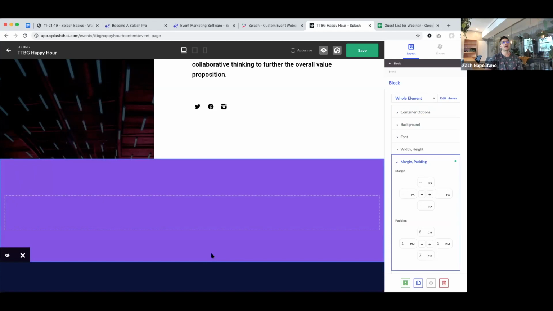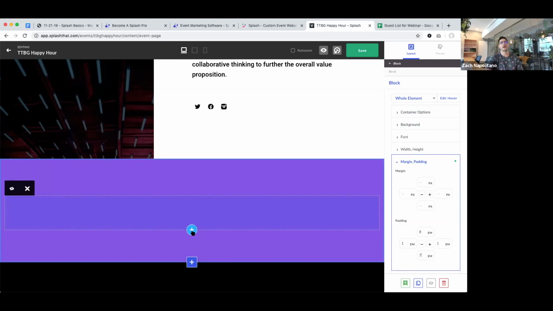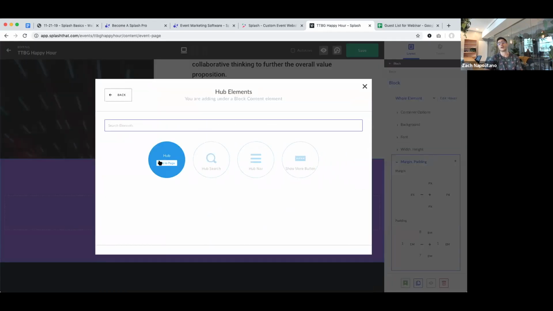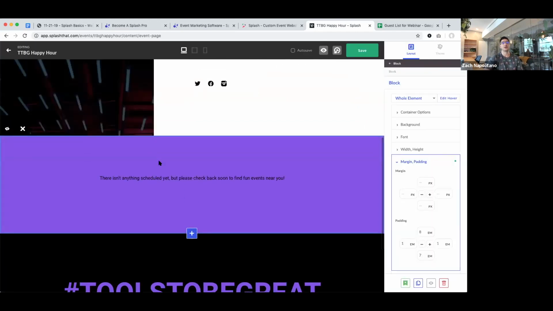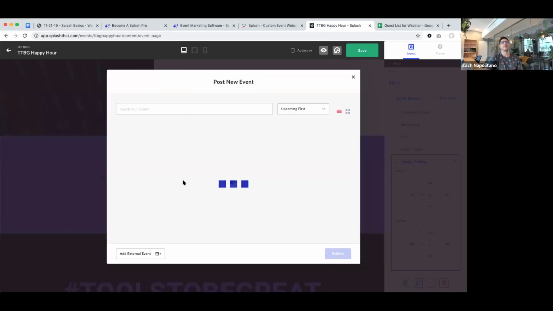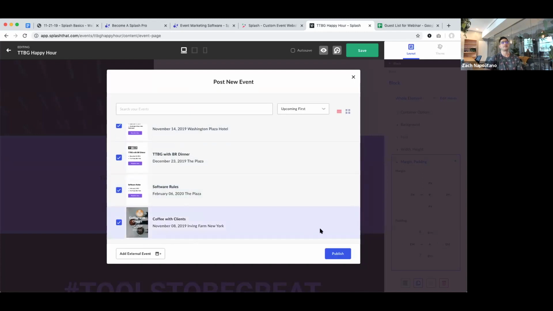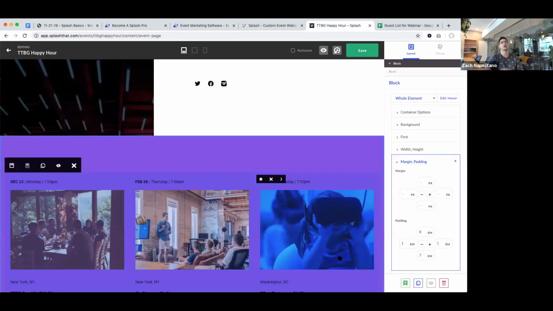And then Jacob, what we have here is this is using our Designer Pro tool. If you hit this blue plus button, you could add what's called a hub element to your splash page. Now again, if you have a hub template as part of your enterprise package, you'll just use that to create the event. If you don't, this is the path to building one. Now you use the add event button right here. You select the events that you would like to showcase on your hub. You hit the publish button, and that will create those individual event listings in the forms of dynamic tiles. We call them hub cards.